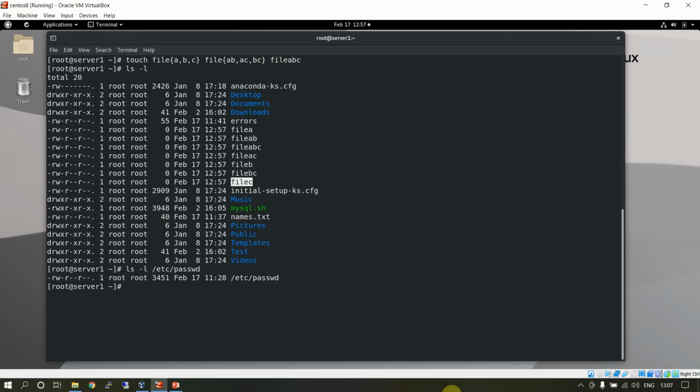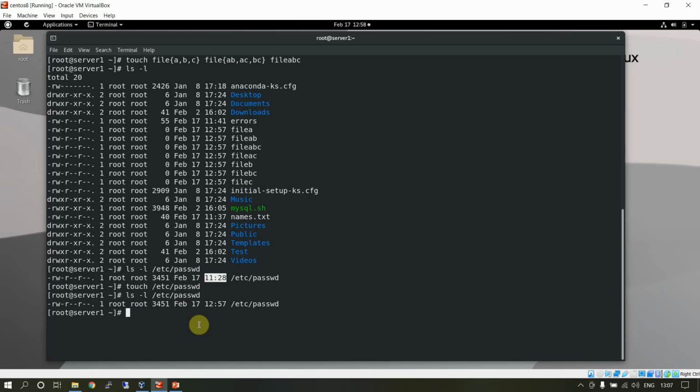ls -l /etc/passwd. What is the date and time of the file modification time? Take note of it, 11/28 Feb 17. If I use the touch command to touch this file, what will happen? It will change the access time. Now you see the time is changed. It will not change the content, it will just change the timestamp. So the touch command is used to change the timestamp of a file or create new files. Basically it creates zero byte size files.